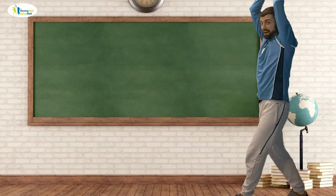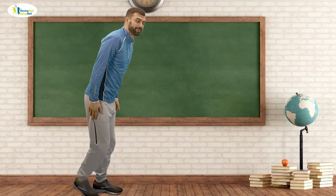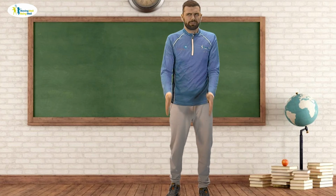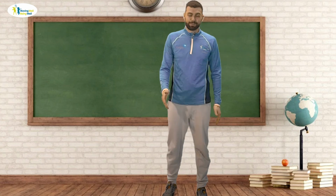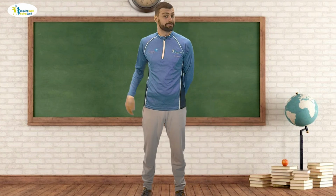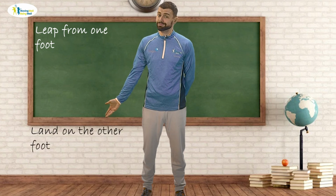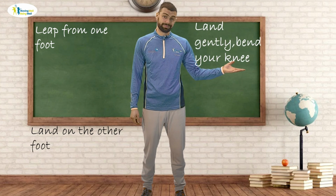You wouldn't see very many people in sport leaping with their hands above their heads like this, or indeed with them down by their sides either. So I think the most natural one is to try and figure out how your arms are going to move naturally with opposite leg, opposite hand. So remember, when you're practicing this skill, you're going to need to remember and